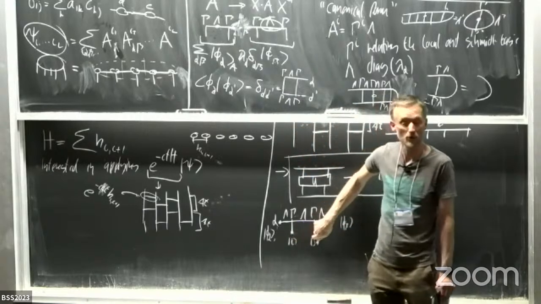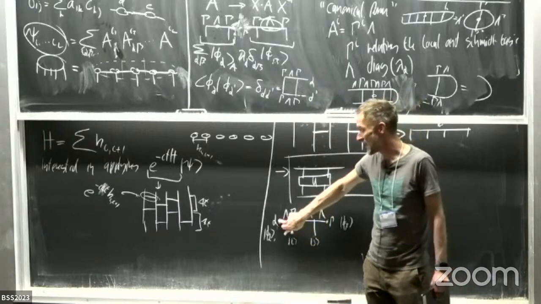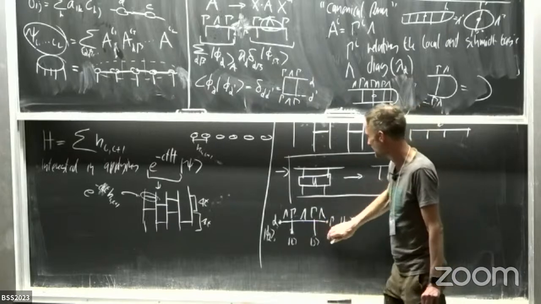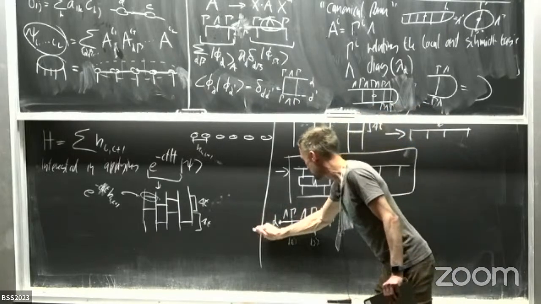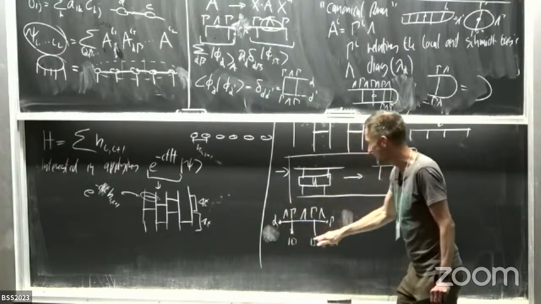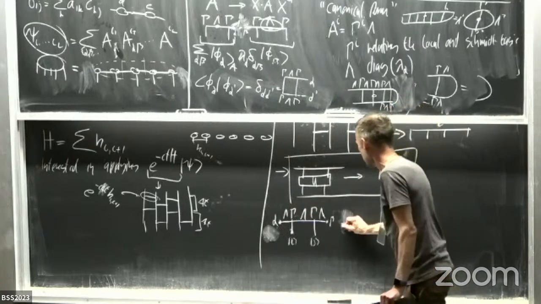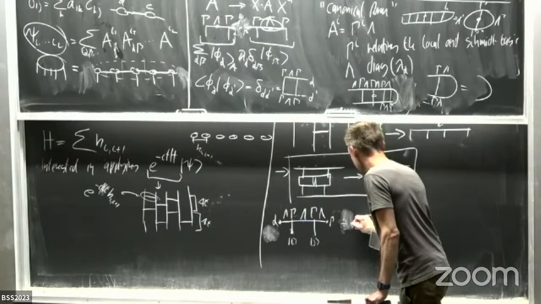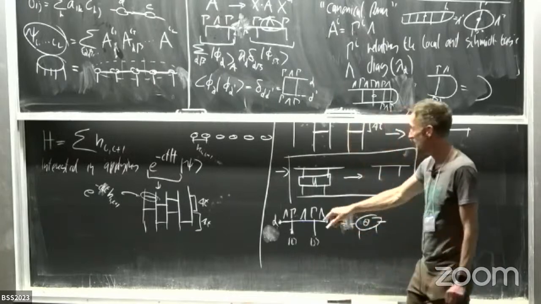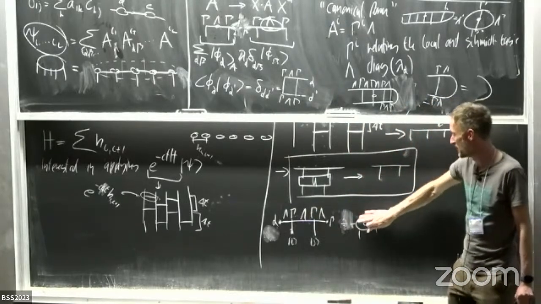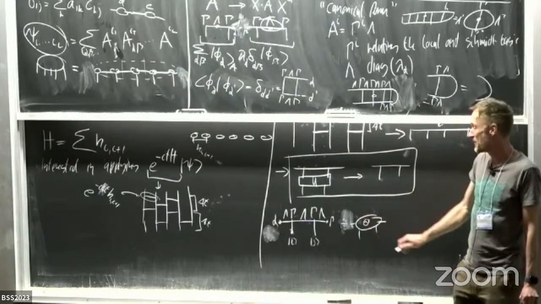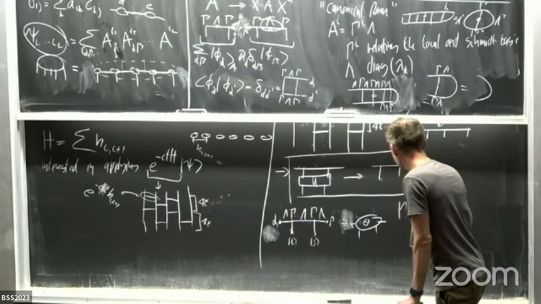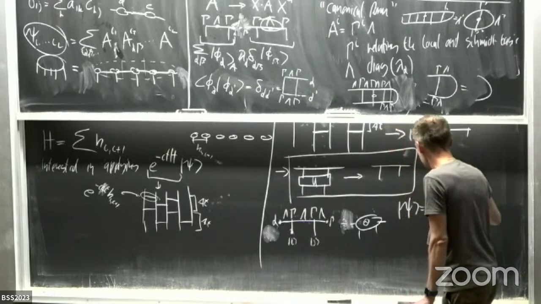So here I have the local states, and here I have the Schmidt states. What I'm effectively doing is contracting the tensors here to something which I now call theta. After contracting this, I'm calling this blob theta. And this is now a representation of my full wave function in terms of a mixed basis.